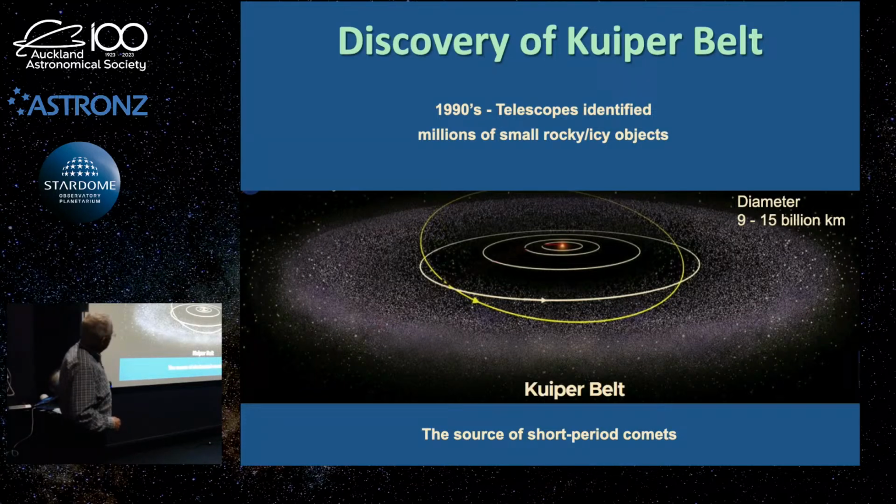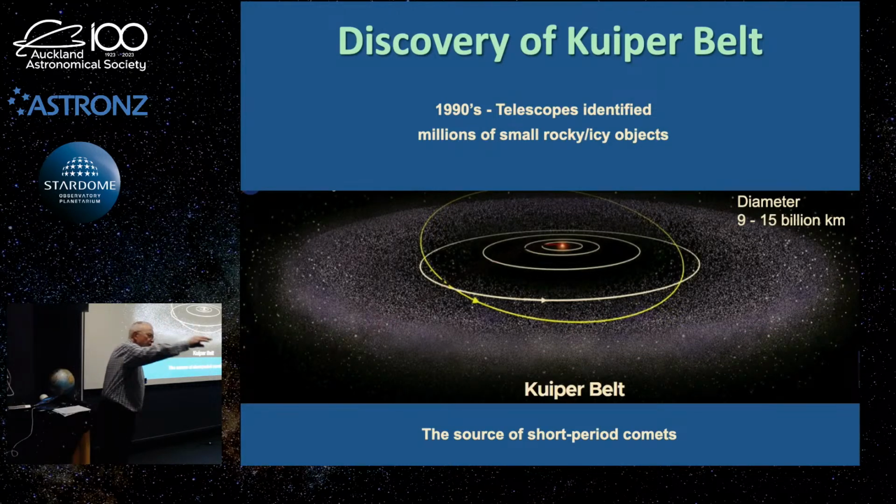And they concluded that most likely this Kuiper belt, as it was known, after a famous astronomer, Gerald Kuiper, was probably the source of where a lot of comets came from. Remember, comets are these small rocky ice objects that come from the outer solar system, go in through the inner solar system, around Earth and head back out again. And they're split into two groups: short period comets, those whose total orbital period is less than 200 years, and long period comets, greater than 200 years.